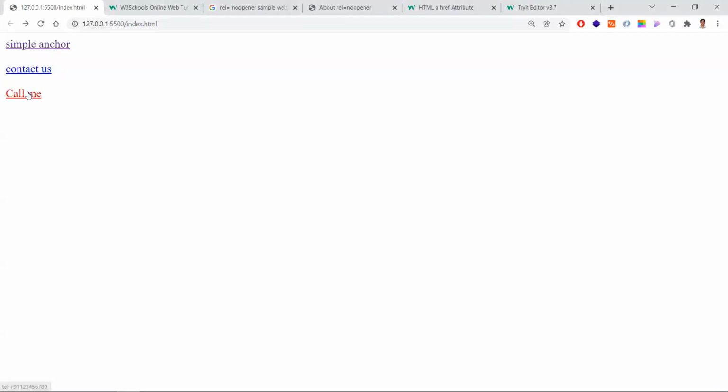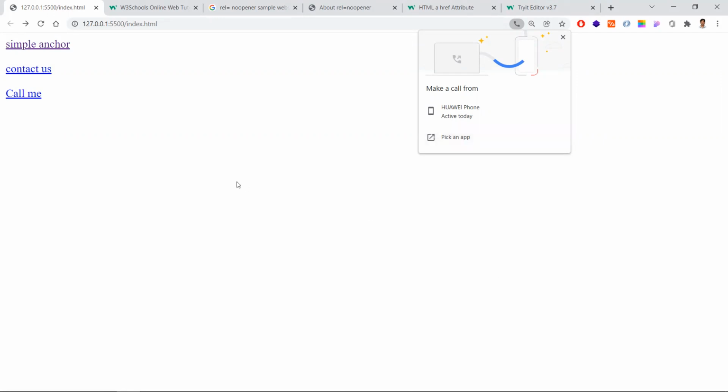If you click this, the default application will ask us to make a call from our phone or from any of the apps like Skype or Zoom or any of the meeting applications, which have the capability to call other mobile numbers directly.